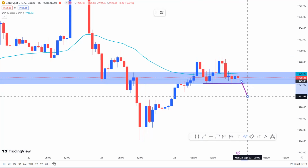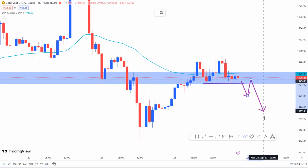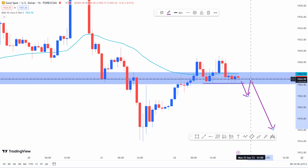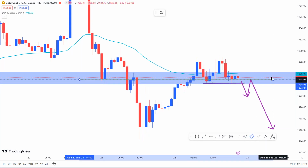And then as soon as I get to see this confirmed structure shift on the hourly time frame perspective, I would love for price to have a nice retest of the hourly time frame structure level. Then I would look to get in on sells at these retests. And by structural level, I mean from the hourly time frame, this would be